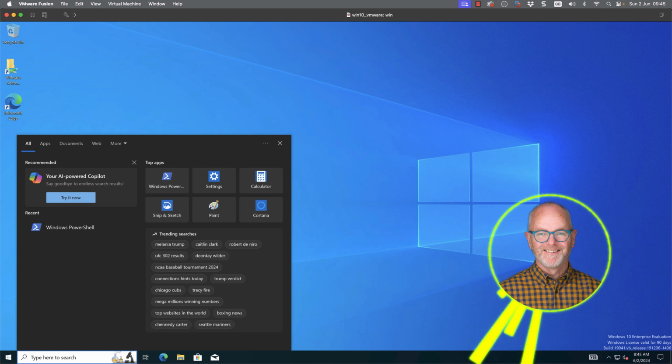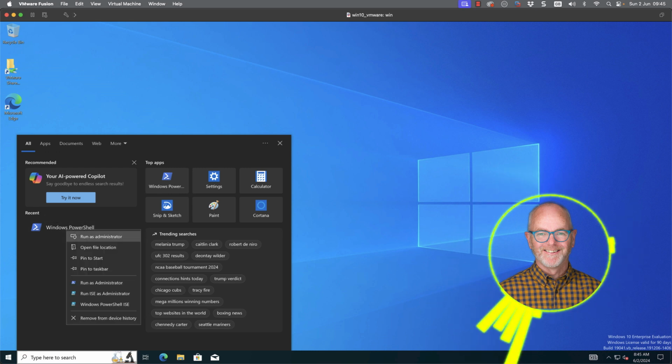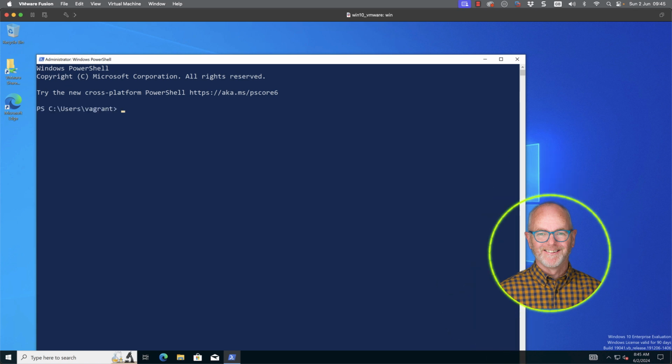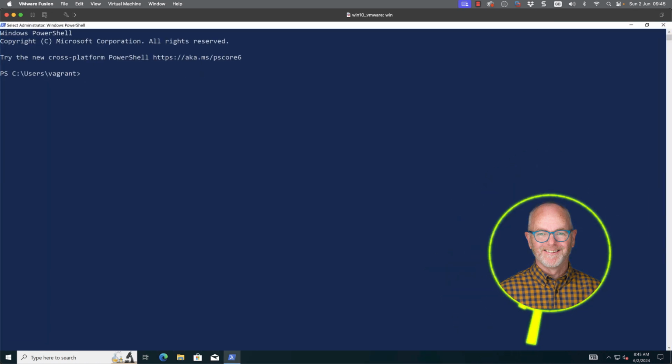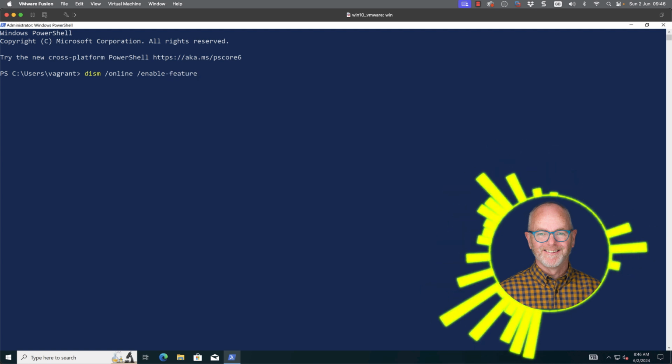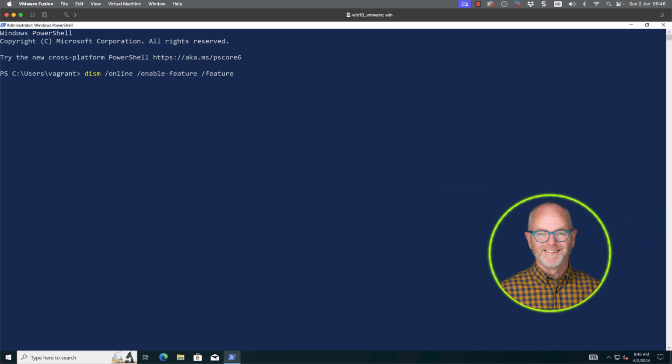Now, the first thing that we need to do is to jump out to PowerShell so we can go through and set some features. So I'm running this as administrator. As we go through, we're going to enable a couple of features: Microsoft's Windows Subsystem for Linux and the virtual machine platform. I can run this with the DISM command, but of course you could also use the graphical user interface. But this is just a little bit more direct so you can see exactly what's going on. I'll also put these as a resource so you can grab the code directly.